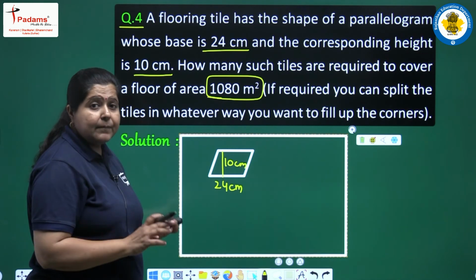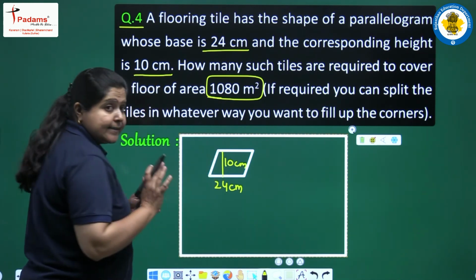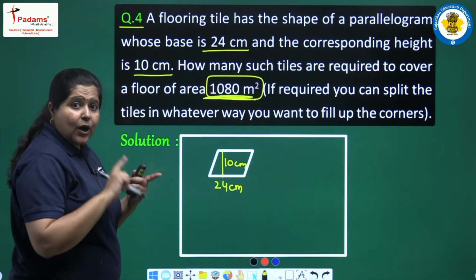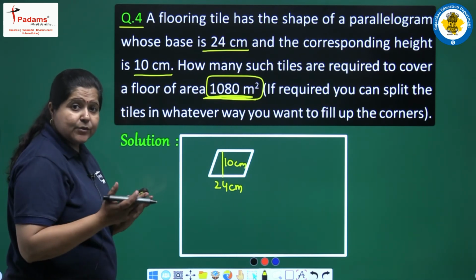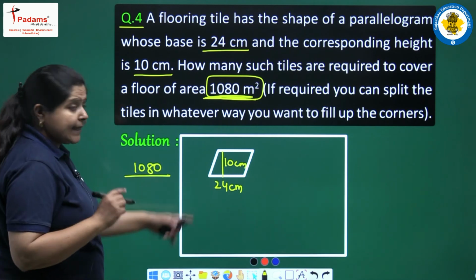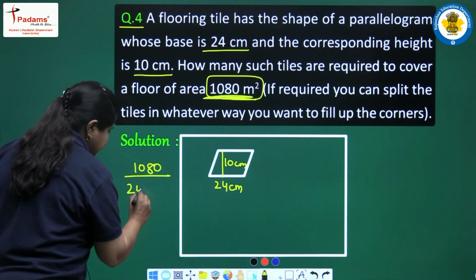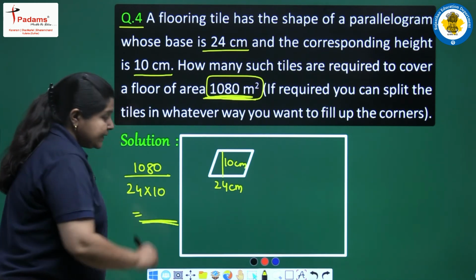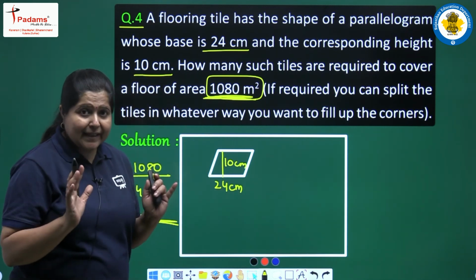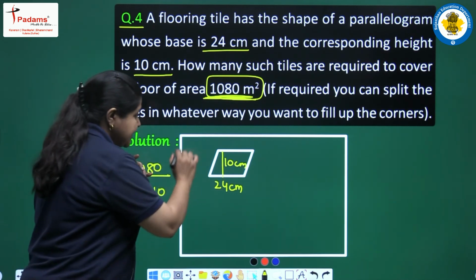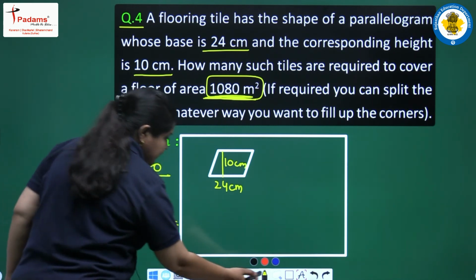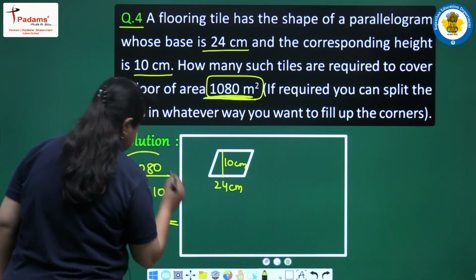अब क्वेश्चन ये है कि कितनी टाइल्स लगानी है, तो यहाँ हम find out करेंगे area of this one single tile। Area of floor तो हमें दिया गया है, it is 1080 meter square। Area of floor तो हमें पता है और area of one single tile हम निकाल सकते हैं, it is base into height। और जब हम area of floor which is 1080 इसमें divide करेंगे area of one single tile which will be base into height, तब हमें जो नंबर मिलेगा that is the number of tiles required to fill up this complete area। बात समझ में आ रही है कि यहाँ हम पूरे एरिया में डिवाइड करेंगे इस एक सिंगल टाइल का एरिया और तब हमें एक्चुअल काउंटिंग मिलेगी कि कितनी टाइल्स यहाँ पर लगेंगी। So now we will be solving this question. Let me erase this part